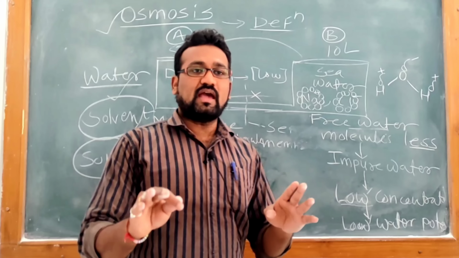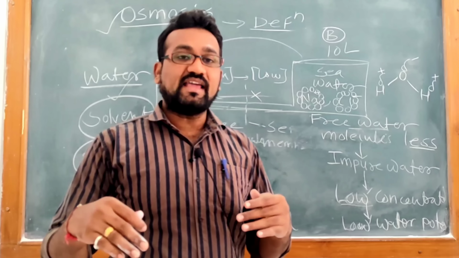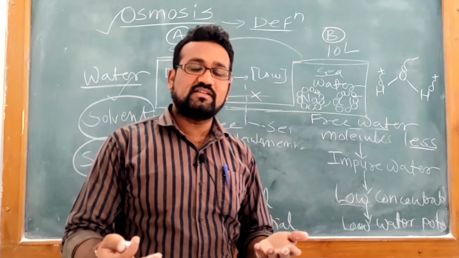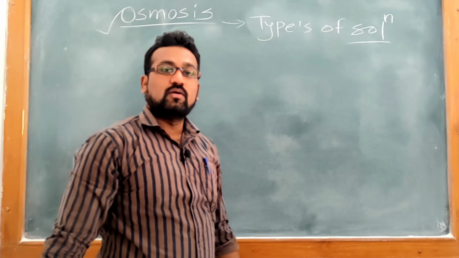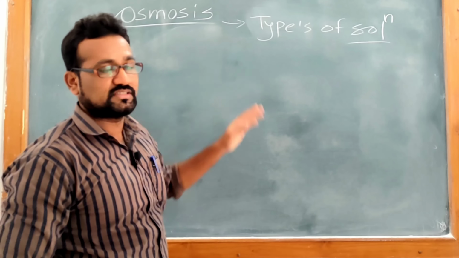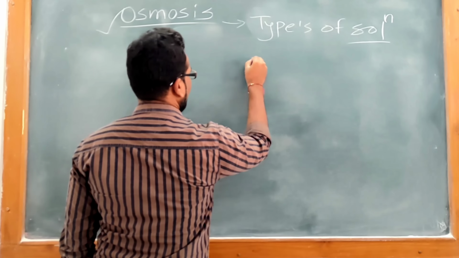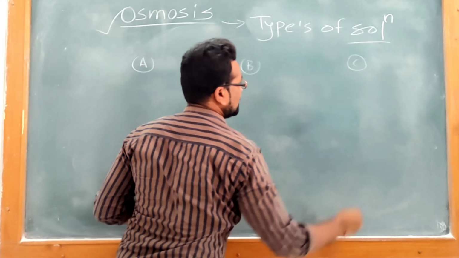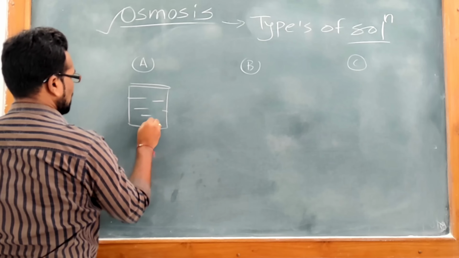So when we have a chemical or substance or a liquid which contains various ions, this solution shows various different types. So let's discuss the different types of solutions. Okay, so friends, I have written here the point, that is types of solutions, which we are going to discuss now. I will draw a figure where we have three different beakers, beaker A, beaker B and beaker C. In this beaker we are just adding distilled water.